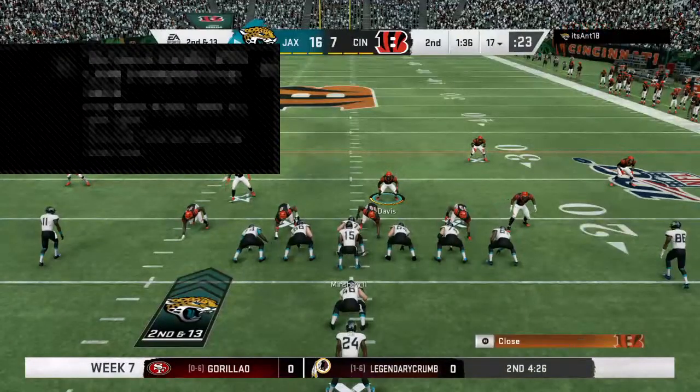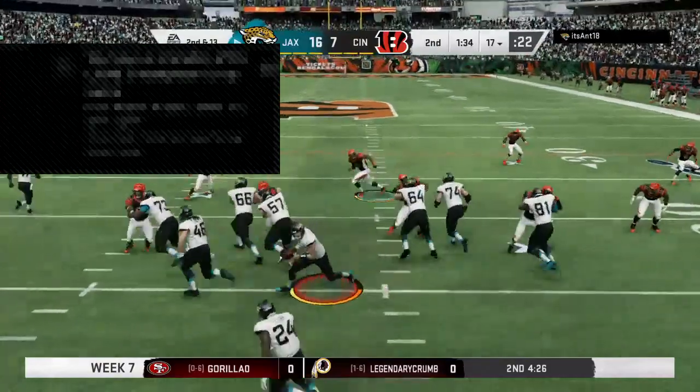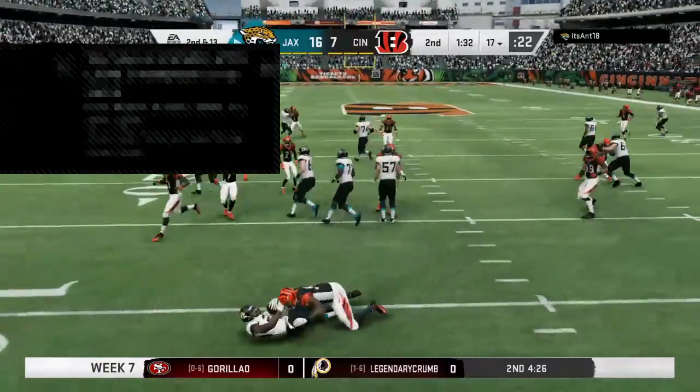Drive, they'll look to make that up and then some on 2nd and 13. A run for Nick Chubb, and he is met